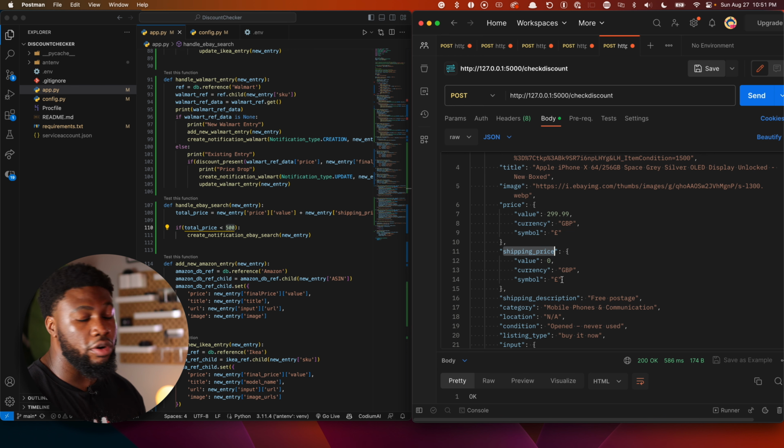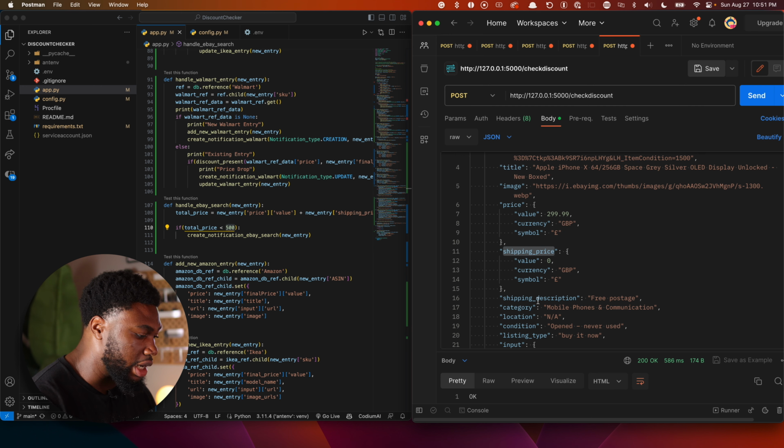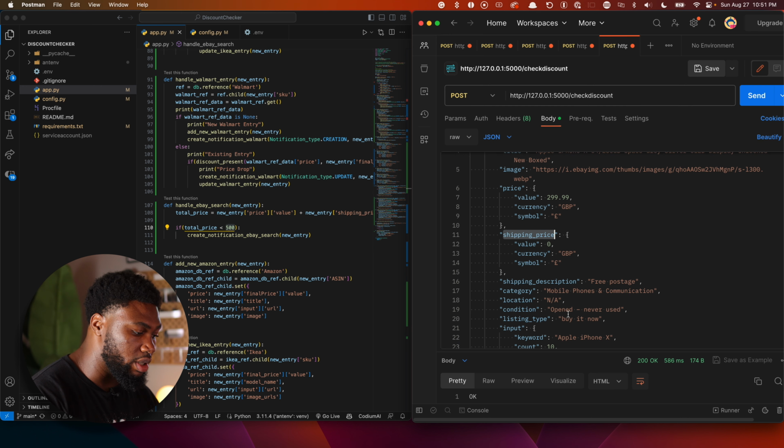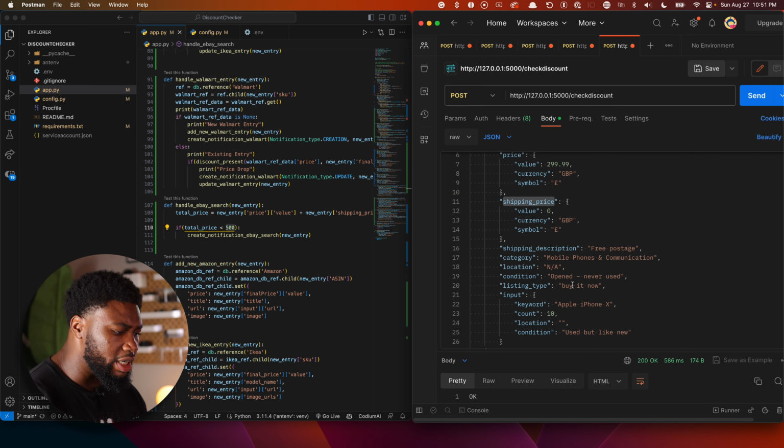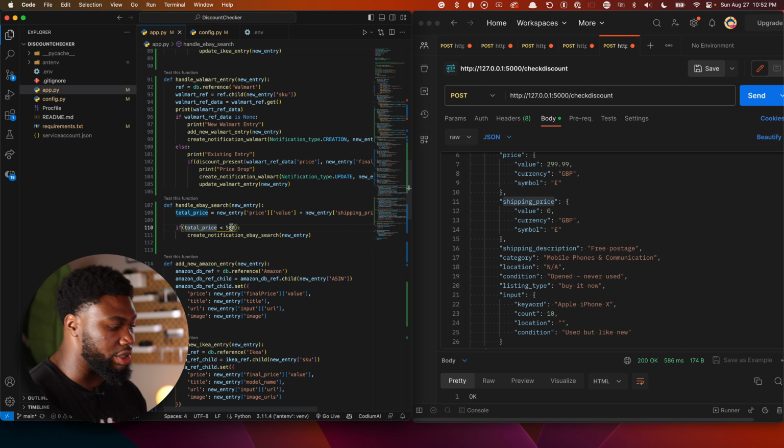Now, for you or for anyone else, you could add more criteria, right? You could want the condition to be opened, never used, right? Or you could want the listing type to be buy it now. There's some listing types that are bids, right? If you don't want to bid, then you can add that here, right? So if the total price is less than $500 and any other criteria you want, you can add all of